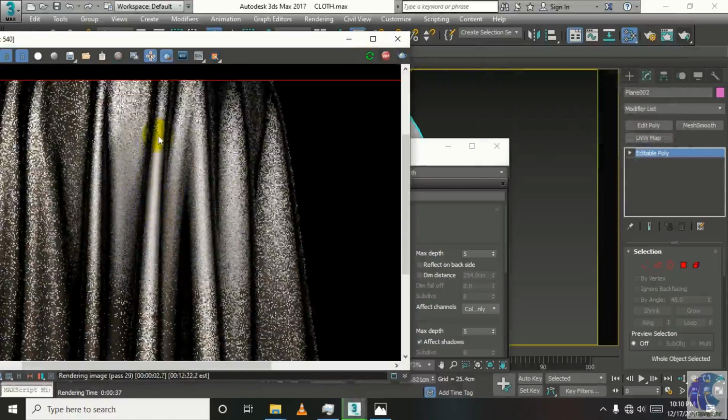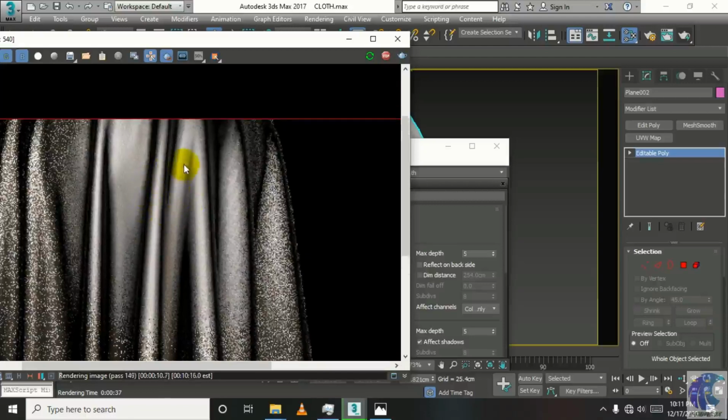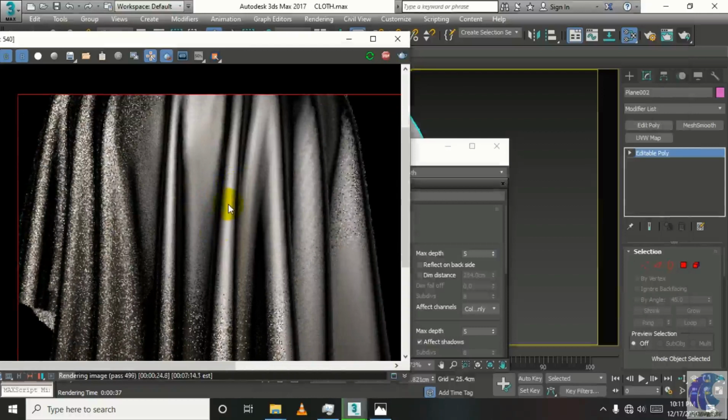Look at this, we are getting sharp merging between these two colors, and somewhere we are getting the same, and somewhere we are getting less or soft merging between these two colors. So I think this is the result we wanted.